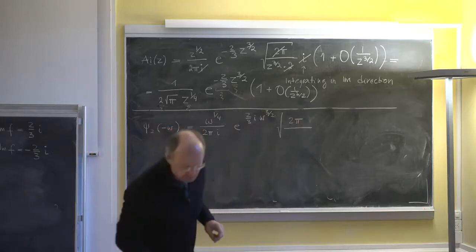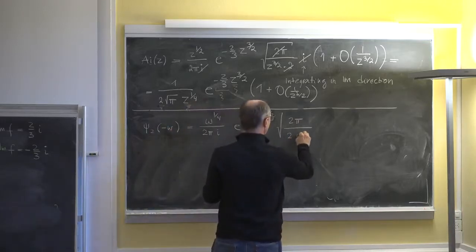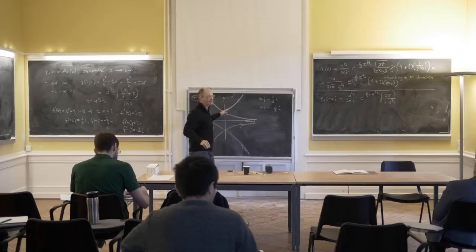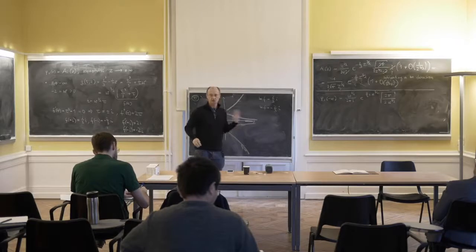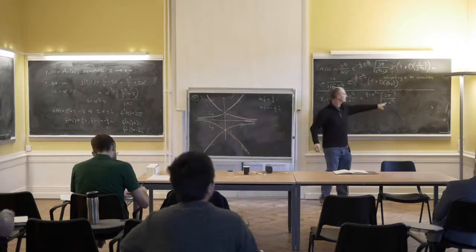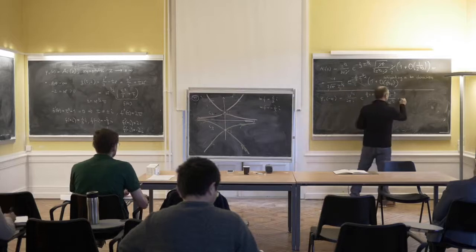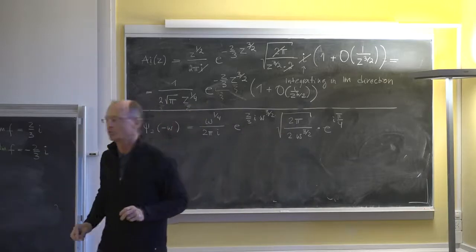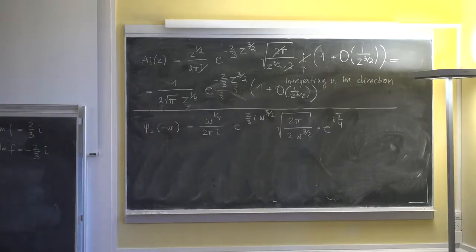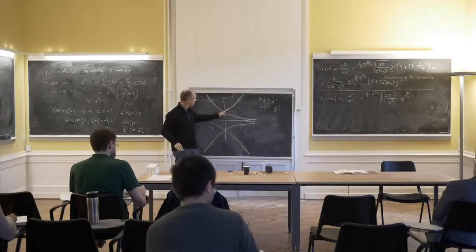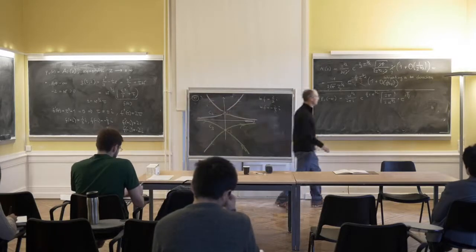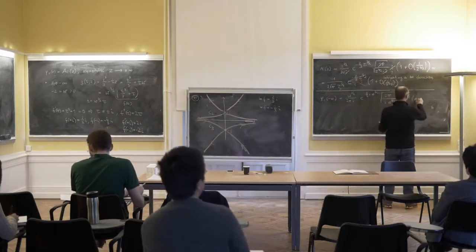Now I again tilt the contour such that the second derivative becomes minus 2. And this is minus the second derivative. And now an interesting factor, exponential of i pi over 4. And this is because now we integrate near the critical point in the direction at pi over 4 with the real axis. So that's from the change of variables. And then, as before,